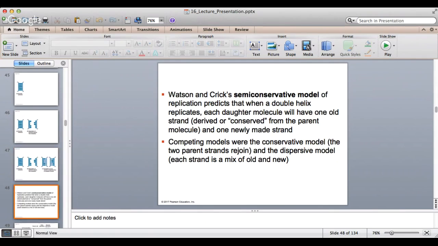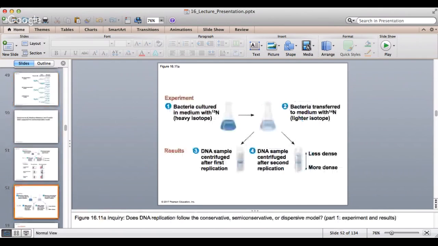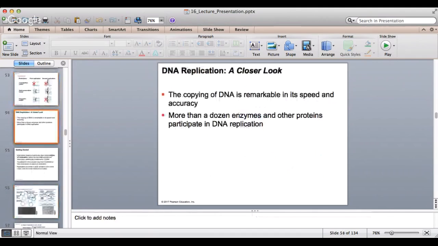This is considered a semi-conservative model. We're going to unzip it, keep that conserved piece, right? You're going to take the piece of paper that you made a copy from, we're going to keep it because we like to have originals. And then we're going to make a version off of that old model. Okay, we're going to flip through a lot of this. You guys, it's good to know, but I know you guys just want to know,